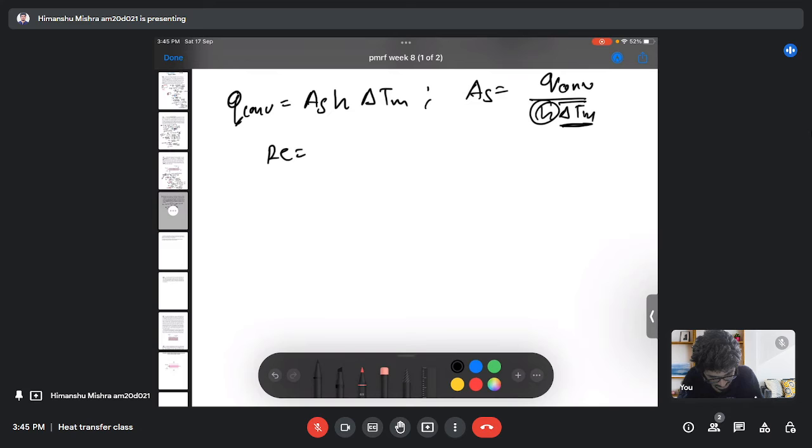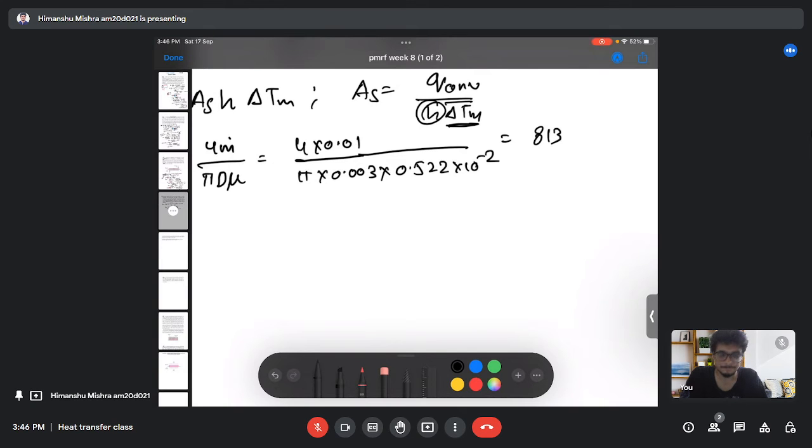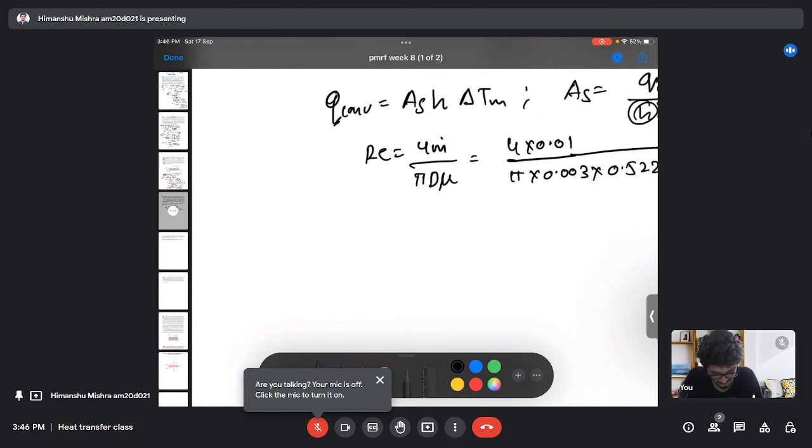So my Reynolds number will be, since we are given the mass flow rate, I am writing my Reynolds number expression in terms of mass flow rate. So 0.01 is my mass flow rate, 0.003 meter is my diameter, and my dynamic viscosity is 0.52 × 10 to the power minus 2 Newton second per meter square, and my Reynolds number is 813. Now, based on the Reynolds number, our flow is in the laminar state, so we can directly use the Nusselt number